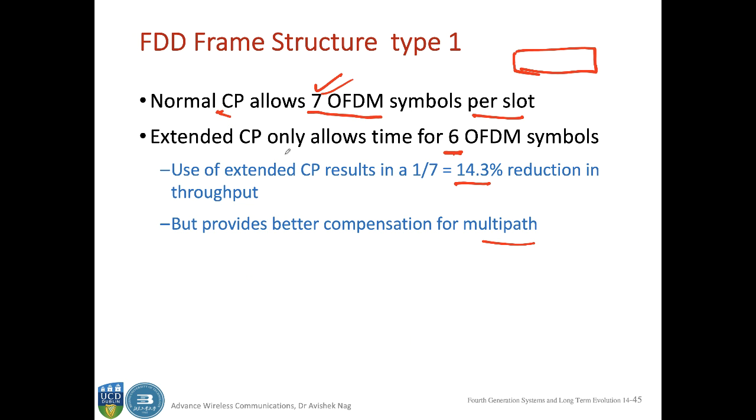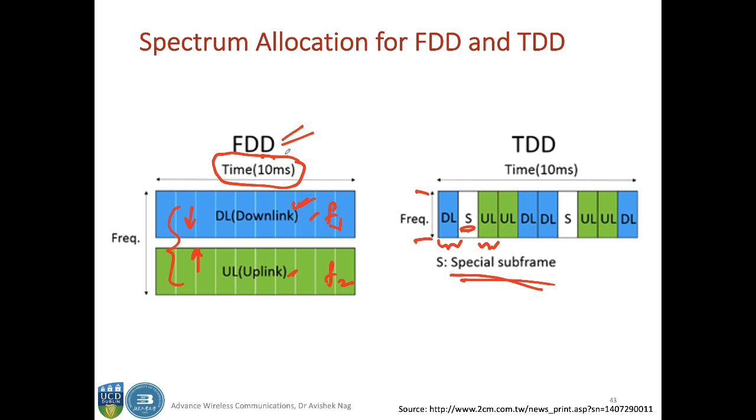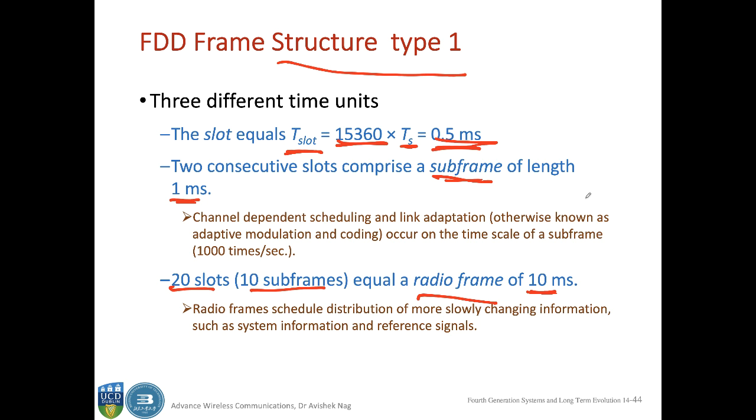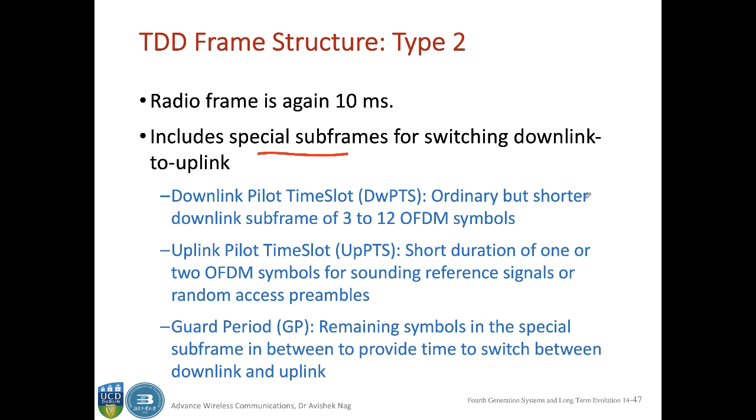If you go back a few slides, here you can see that this is one radio frame of 10 milliseconds. So for the TDD case, you are using time division duplexing for downlink and uplink, and then you have these special subframes. These special subframes are used for switching downlink to uplink. Okay, so within the special subframes